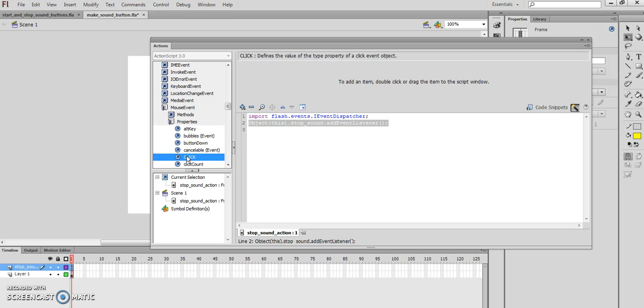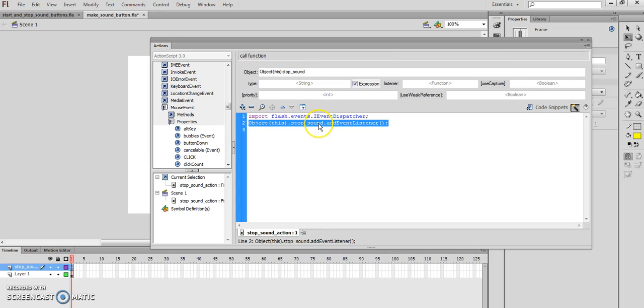Now here's where it's a little bit tricky. I found click, and now I need to highlight this line, the object line here, and then put my mouse click inside the type, and now double click on click, and see it puts it inside here and inside this line. So there's one area that was really kind of tricky, making sure that this mouse event click went inside the correct area of this parameters window. Okay,